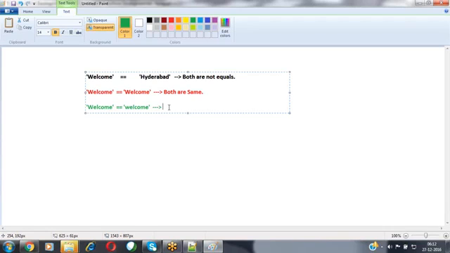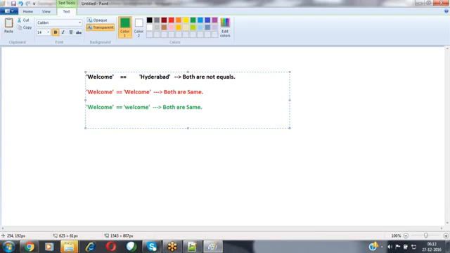Not even. Now, the equality operator is going to return that both are the same. It is returning both are the same. What happened is the equality operator is just comparing whether the first character is W, and in the second string also the first character is W or not. That's it. It won't verify whether it is a capital letter or a small letter. It won't consider that. It won't verify the case sensitivity here.